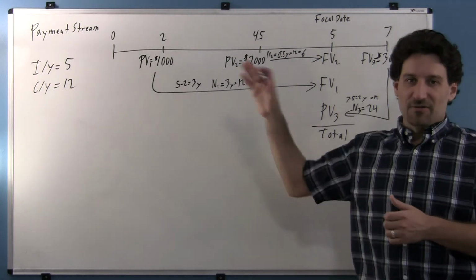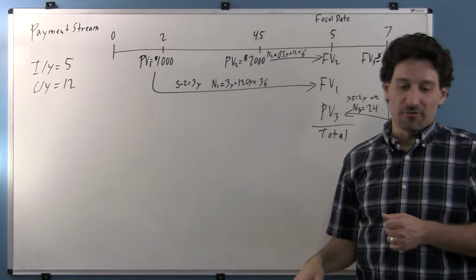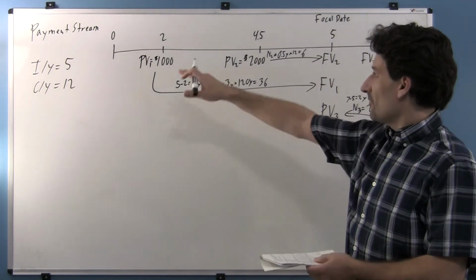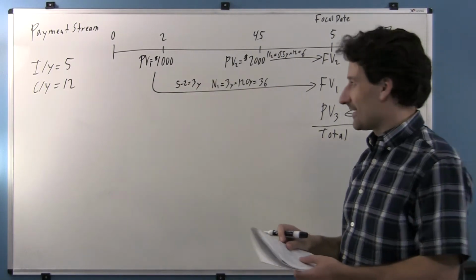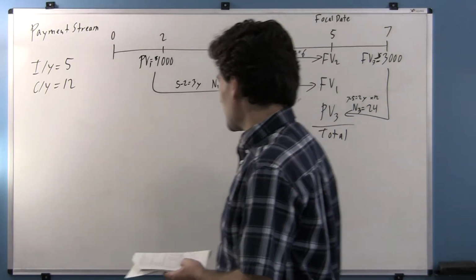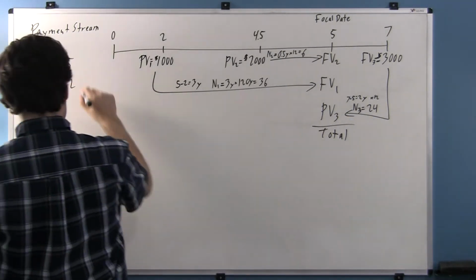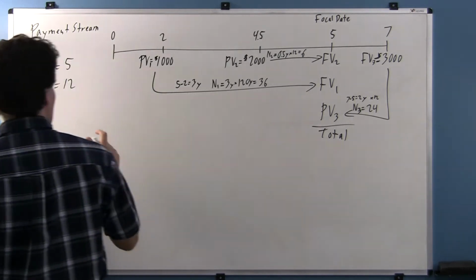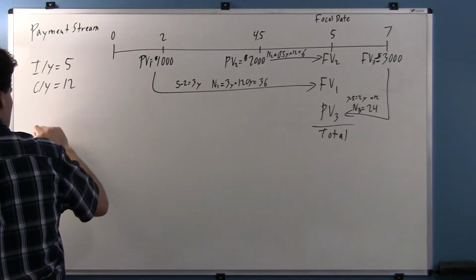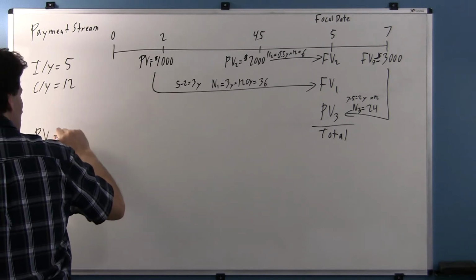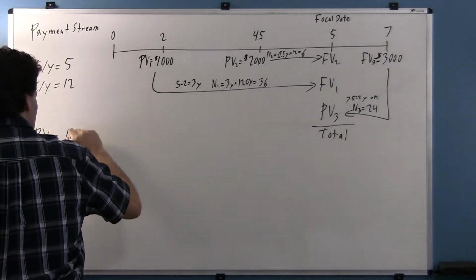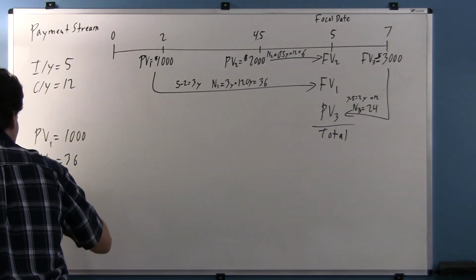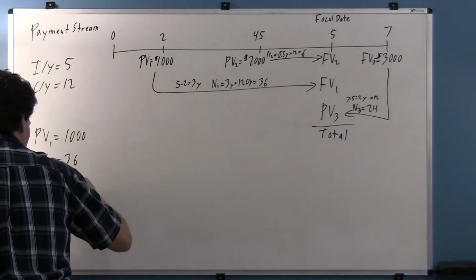We could have tackled each one of those separately and just solved first. That's fine too. But okay, we have N's, we have PVs, we have everything. Let's start calculating. I'm not going to restate the interest rate and compounding. That's right here. But just to clarify again, PV1 equals 1,000, N1 equals 36, compute FV1,